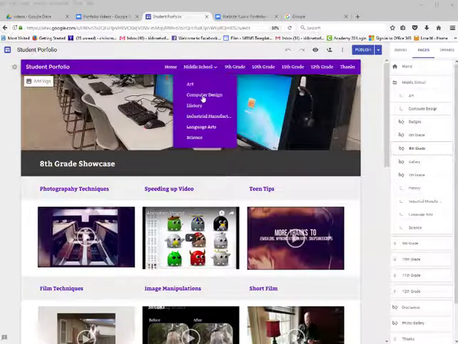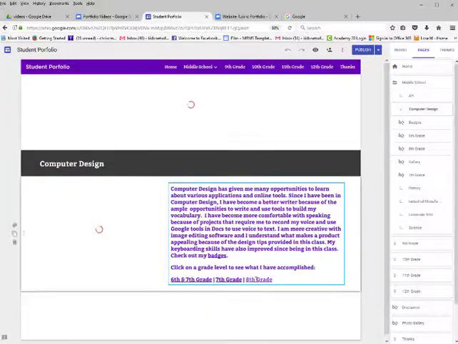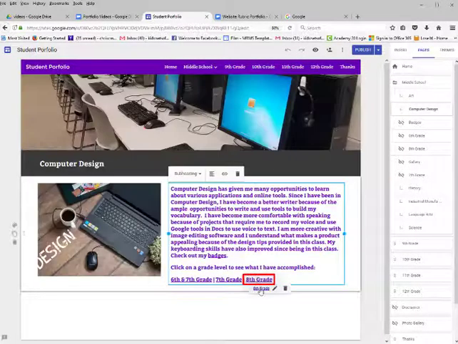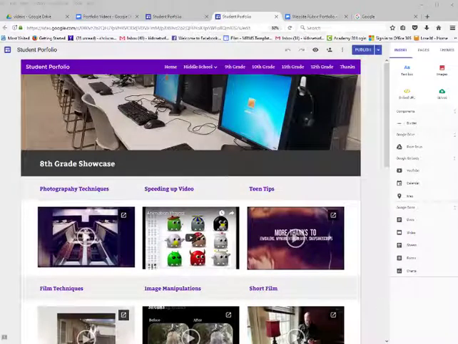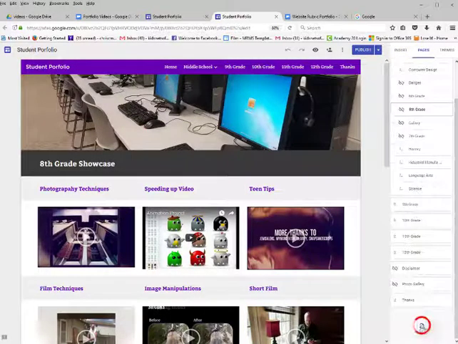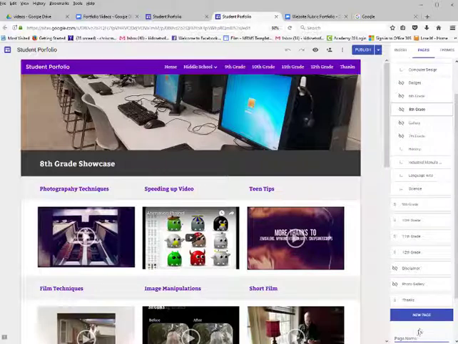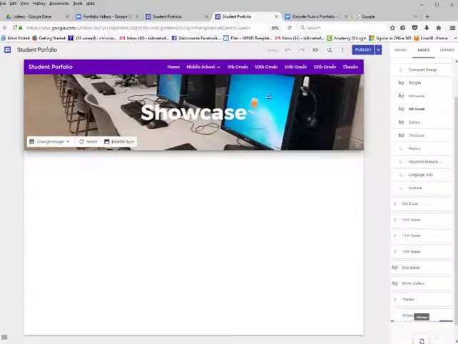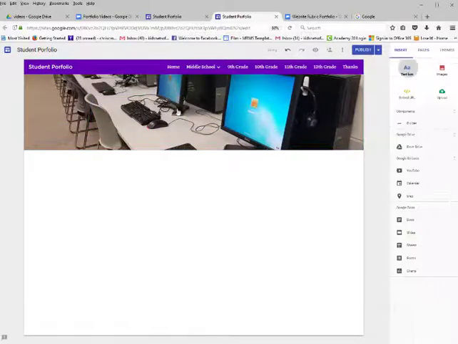So if I go to Computer Design and I click on 8th grade that I set up earlier, it will open up that page. So the previous videos demonstrated how to do this. So when I set that page up, I clicked on Pages, I clicked on Add Page, and I typed in 8th grade. I'm just going to go ahead and type in Showcase to show you how I set this up. I choose Done. I'm going to go ahead and delete that, choose Insert Text Box, and I typed in